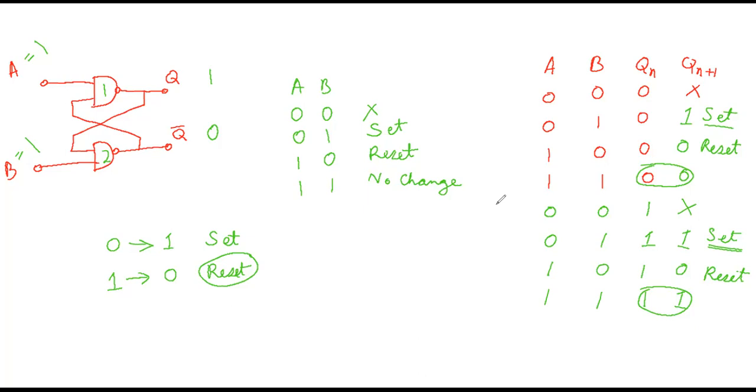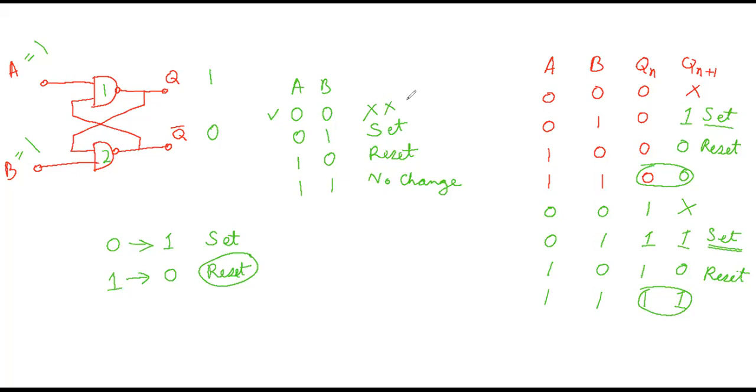If someone asks you to go towards north, and someone asks you to go towards south, you cannot do anything. So here 0 is the command. 0 at A will set the circuit and 0 at B will reset the circuit. So for the first case, you are simultaneously asking the circuit to set and reset. That's why both the outputs became 1, and we are not considering this case.